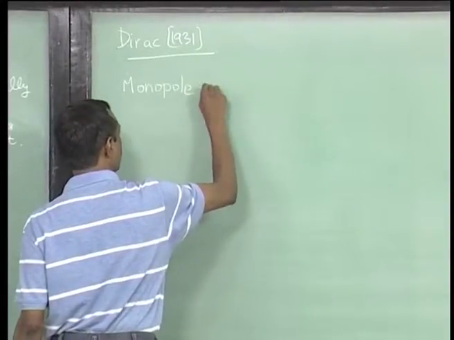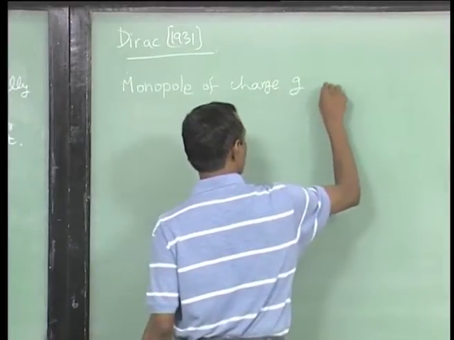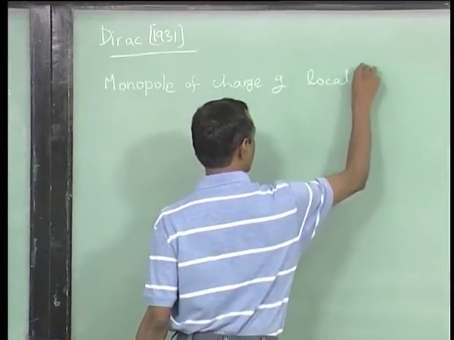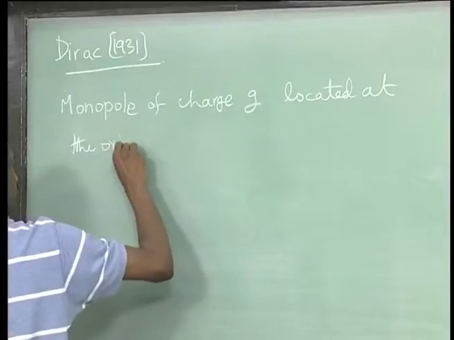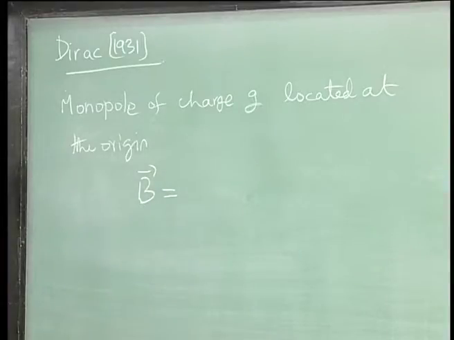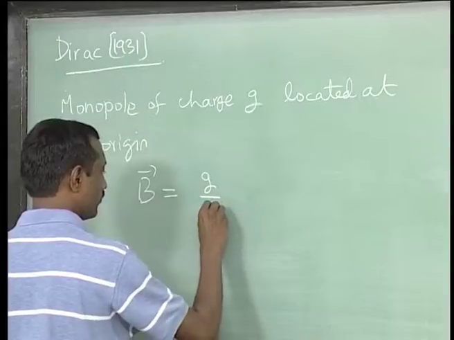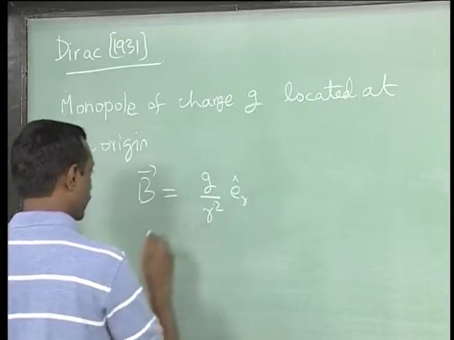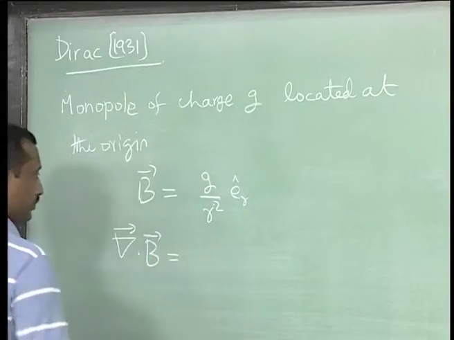A monopole of charge G located at the origin. So just looking at what we have out here, B would be G by r square and del dot B would be